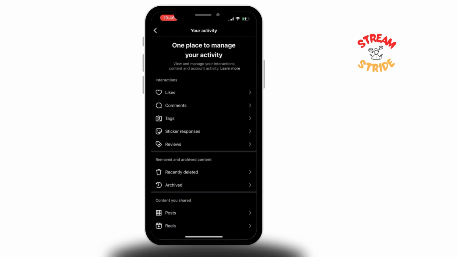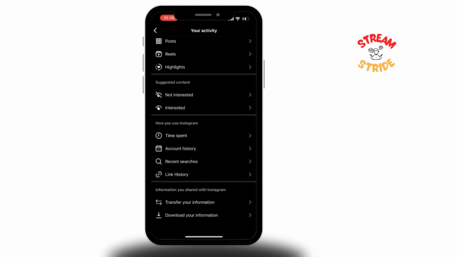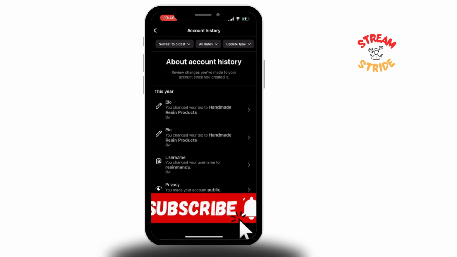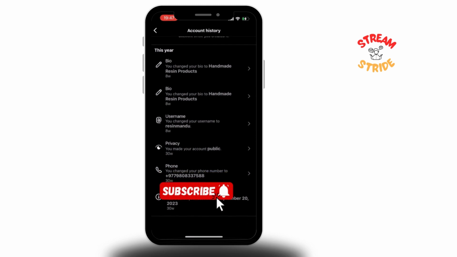Then scroll down until you see a time spent button. In bottom of that there's account history. Click on that. Then all this comes where you've updated your Instagram account, and on the bottom you can see